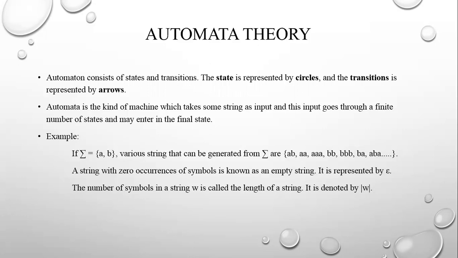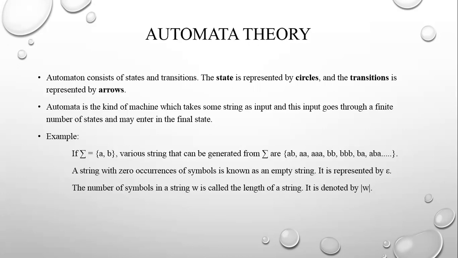So here an automaton is a kind of machine which can recognize whether the given input string is accepted or not. Hence it is a language recognizer. Once we give the input to the machine, it reads character by character. Once the last alphabet is completed, the machine reaches a final state or not. That is the main motto of the finite automata.